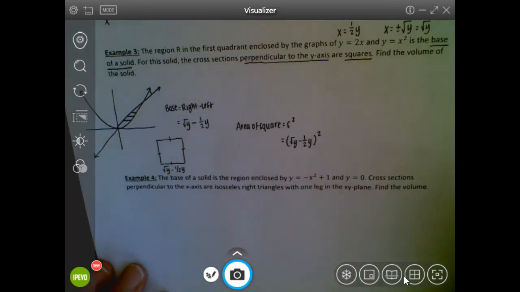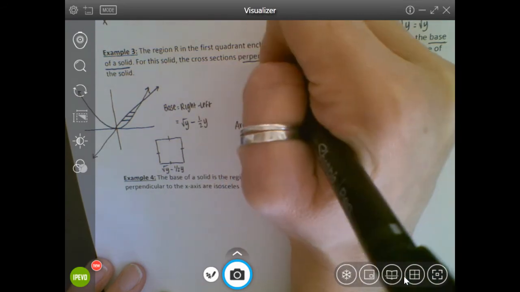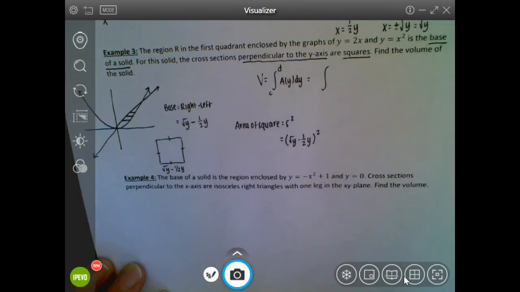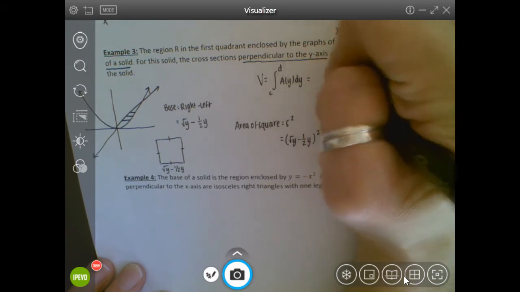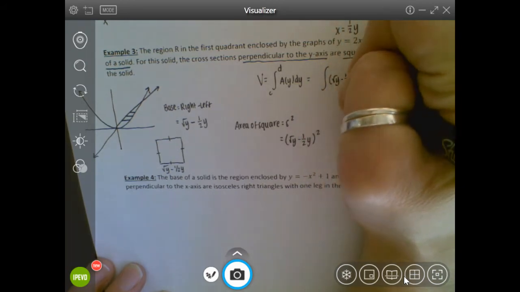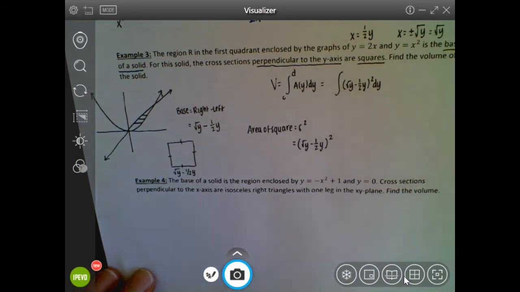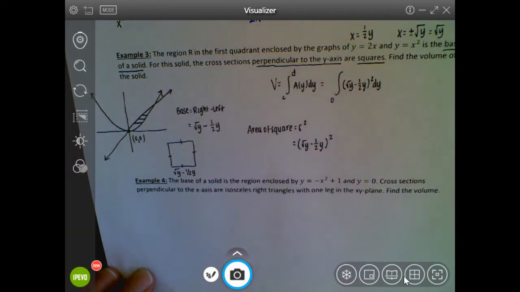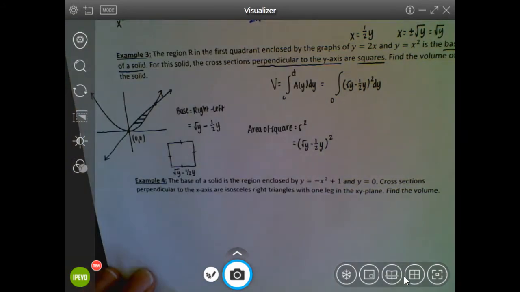So when I set up my integral here, now we're talking the integral from c to d of A of y dy. So my A of y function is this quantity squared. And now I want to look for the y values that we're going to be integrating with respect to. The graphs intersect definitely at the point 0, 0. So I know that my starting y value, or my lower bound, is going to be 0. And then I want to know where these two graphs intersect up here,